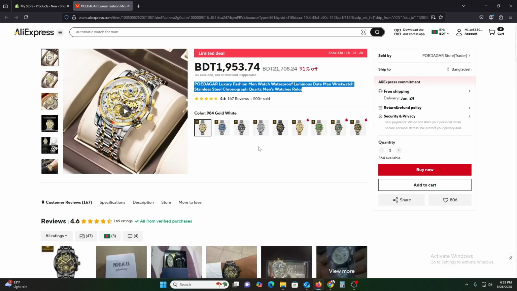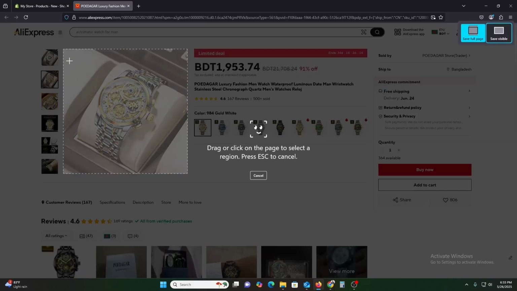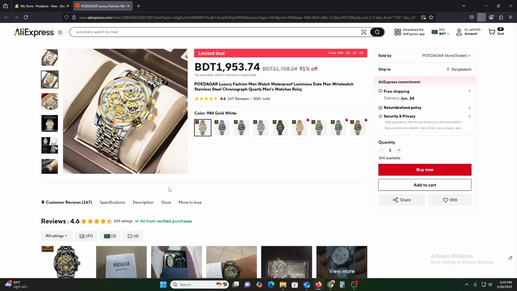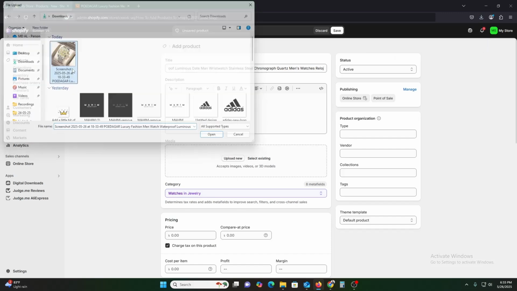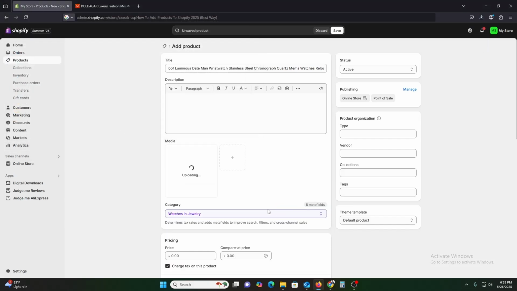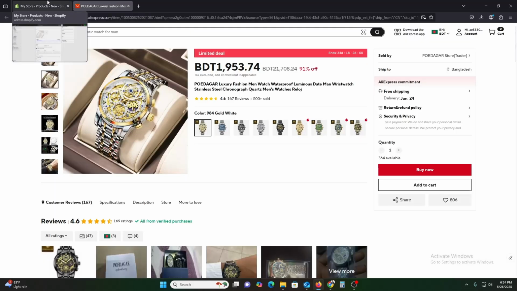Then description, maybe not necessary right now. Let's take a screenshot. Yeah, this is okay. Download, and now I'm going to upload it. It's totally perfect. Then I'm going to give it a price. The price will be 2000,